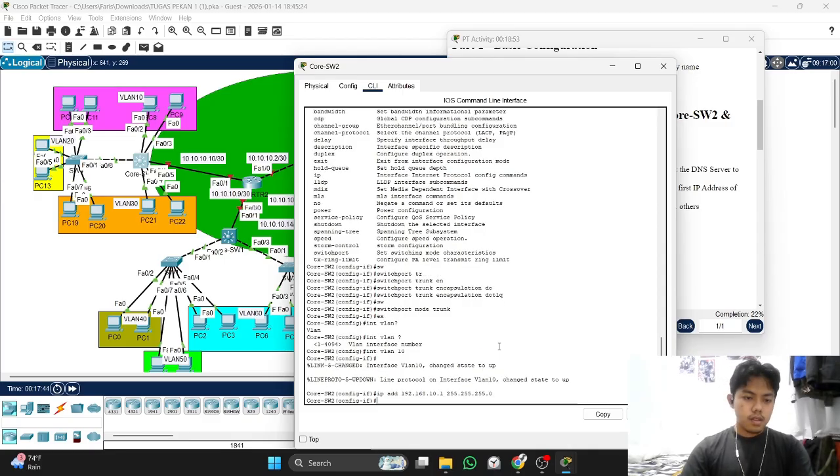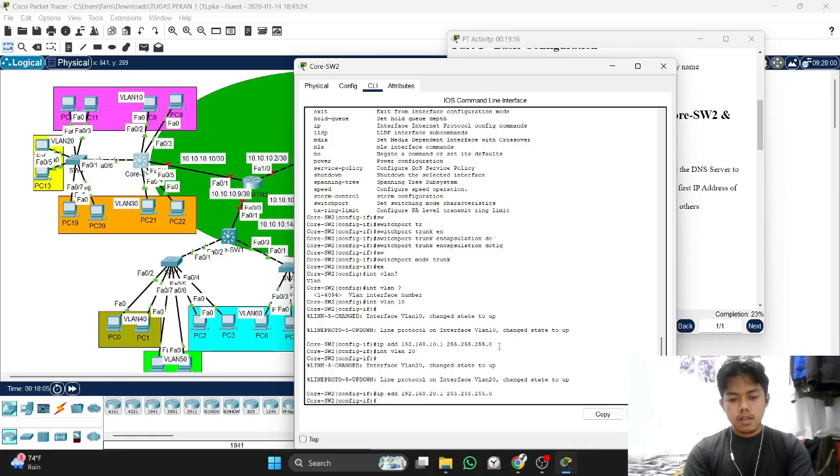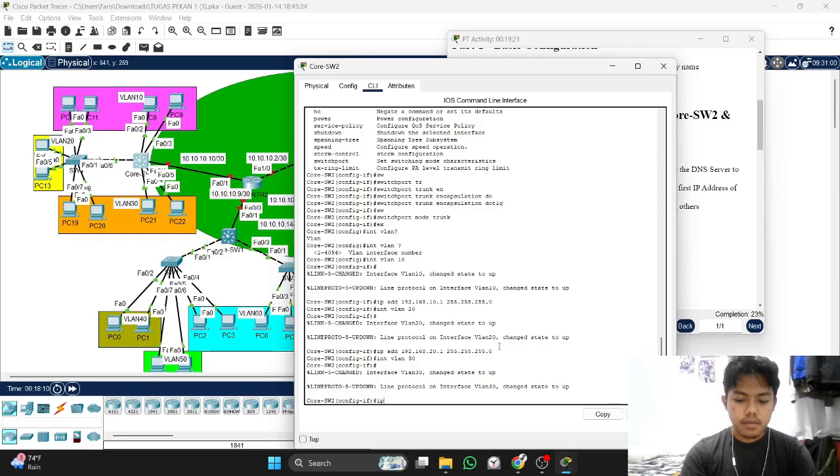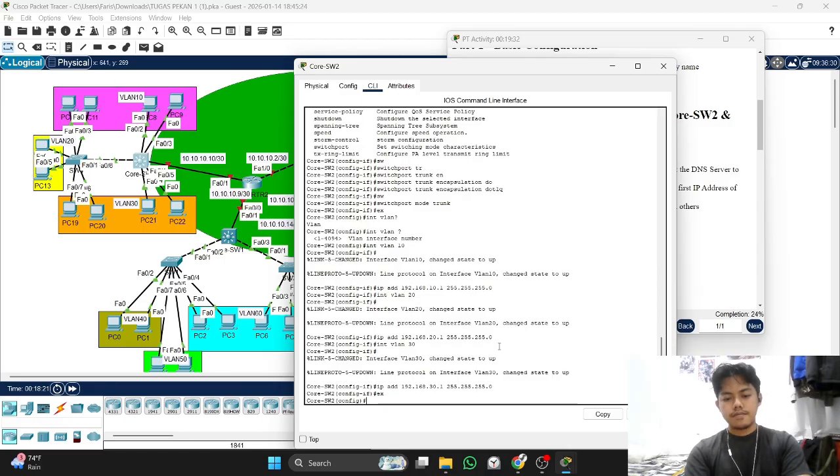And we do the same for VLAN 20, ip address 192.168.20.1 and the subnet. And the same for VLAN 13, 192.168.13.1 and the subnet. Okay,